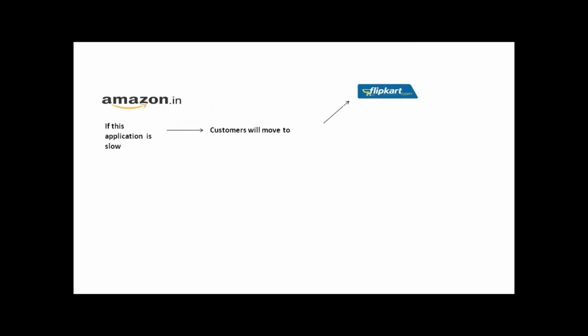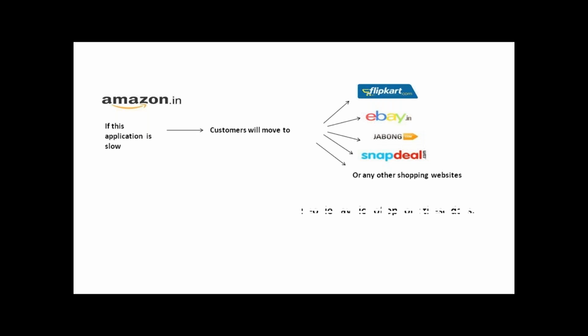I told you, if the Amazon application is slow, the customers will move to either Flipkart or eBay or Jabong or Snapdeal or any of the shopping websites. These days, the customers have a lot of options. So if the application is slow and the customer is not happy and he is not coming to your